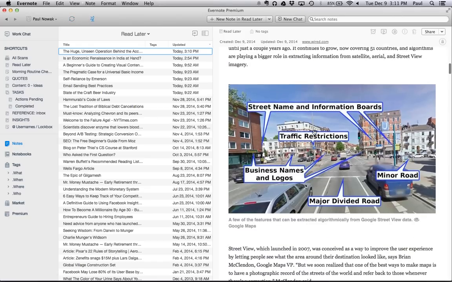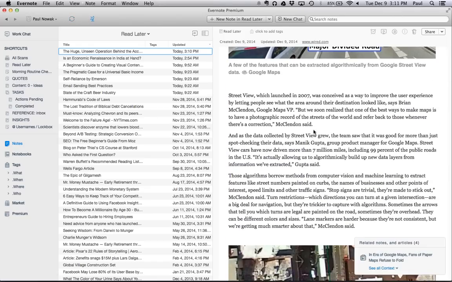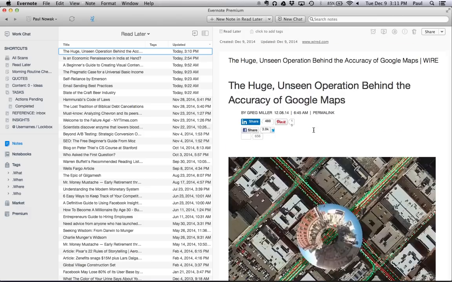So here we have the article, and when I'm done reading it, I can just delete it. Usually a lot of these articles that I save for later are just to read once and be done with them. If you want to save articles for later, you can create a reference notebook or articles read notebook. So Evernote is very easy to customize.